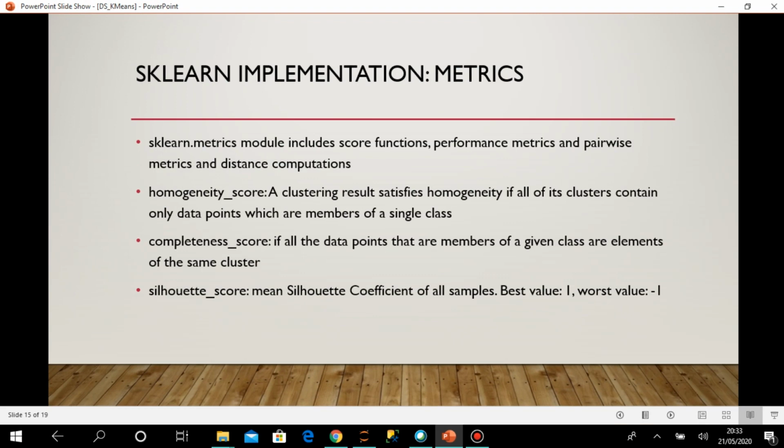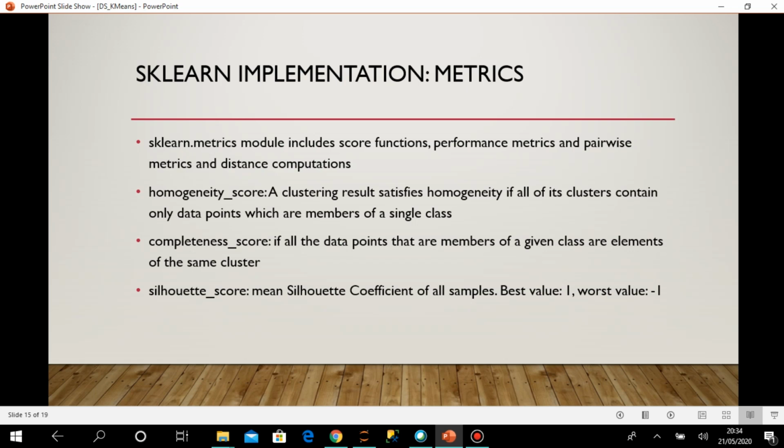There is another one, calculated from a different angle, called the completeness score. It is satisfied if all the data points that are members of a given class are elements of the same cluster. In the homogeneity score, you look at a particular cluster.